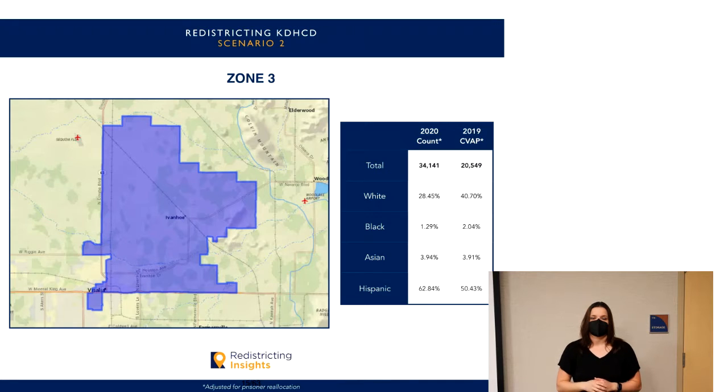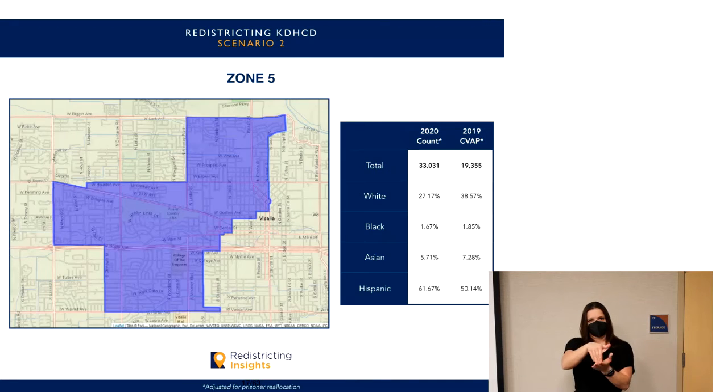And then we'll move on to this central district right here, labeled District 5. For scenario 2, this one is 0.26% under the population deviation, and this one also just crosses the threshold to be a majority Hispanic CVAP population, and this takes in much of the central Visalia area. It takes in Green Acres. This one does split Oval Park, and I believe it splits Beverly Glen as well.